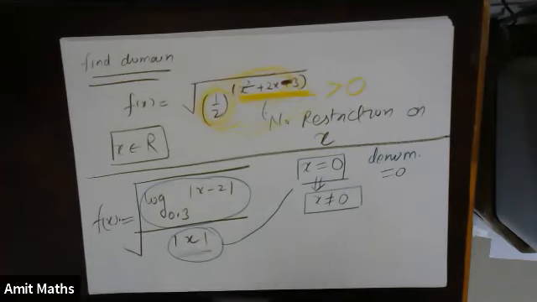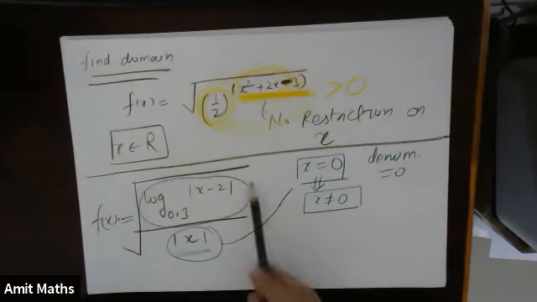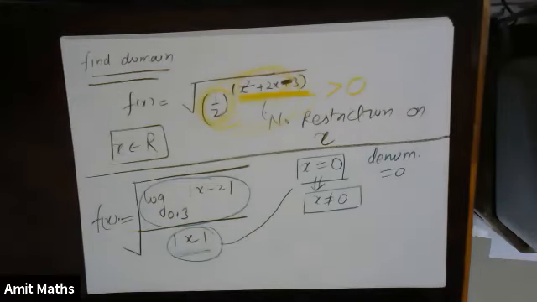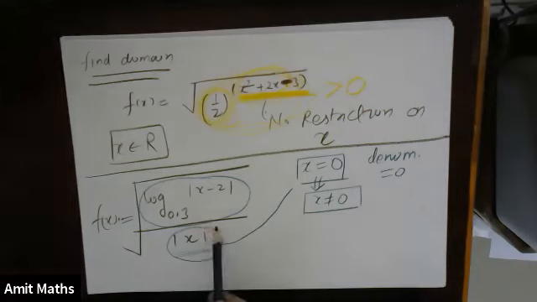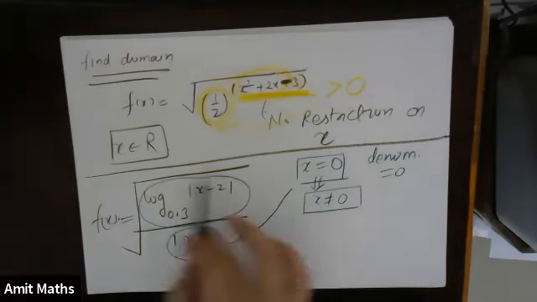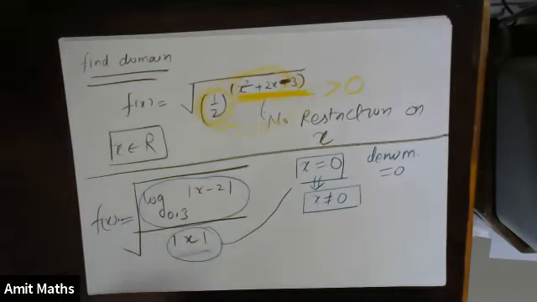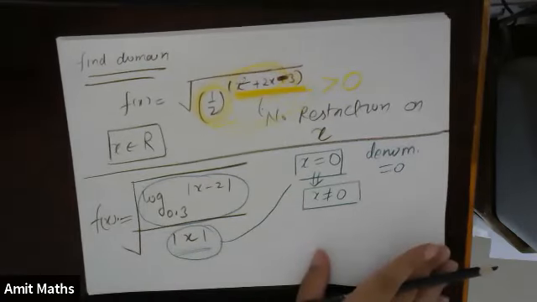Why? Because this will never become negative. If this is never negative, it will not affect whatever is inside the root. Even if it is a very small value or a very large value, it is okay. 1 by 10,000 is fine. 1 by 0.00001 is fine. Understood? This part cannot harm the whole function if I have already considered that x is not equal to 0. So I will remove this part completely, and my new question becomes